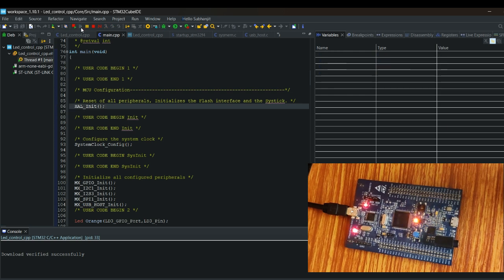So now you can see it will start toggling in this fashion, as we described. Okay, so I hope you understand,